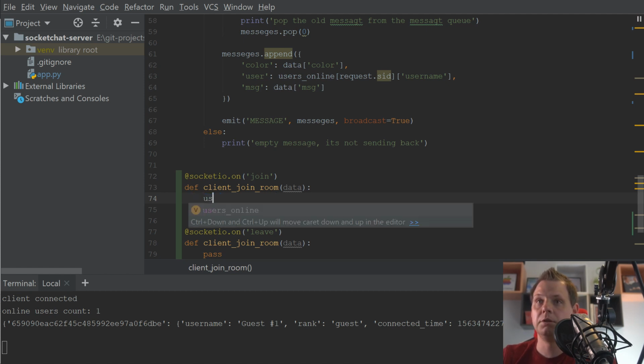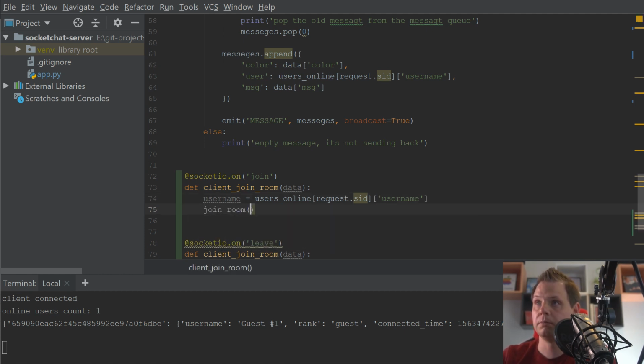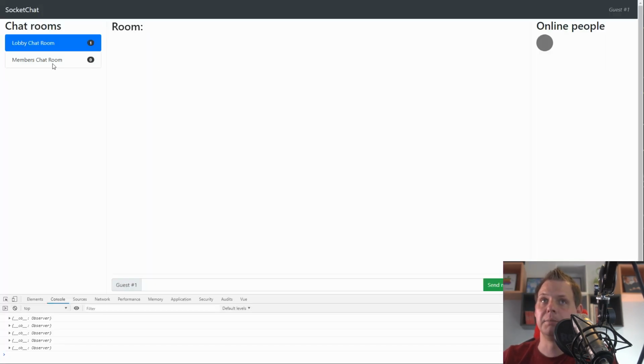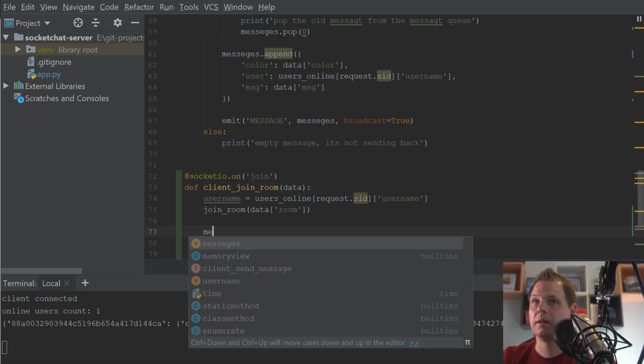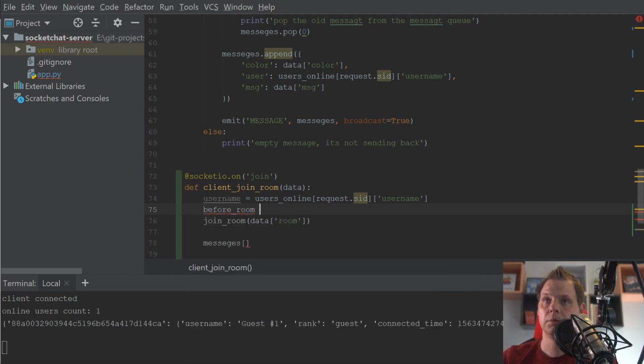username when you join. So the username is equal to the user's online, and we have the request ID, and then we build the username. The next we want is a join room, and the data is coming from the input user. It should be the room. It's when we clicked on the members chat room and the chat room for the lobby. So that's what we sent inside here. And then we want the message, and we want to say the room. User before room is equal to the room, and then